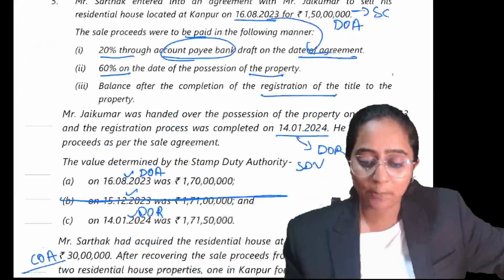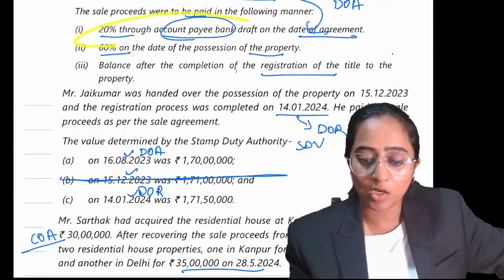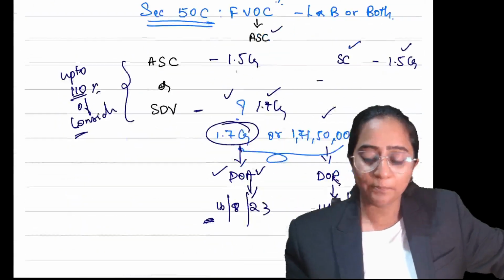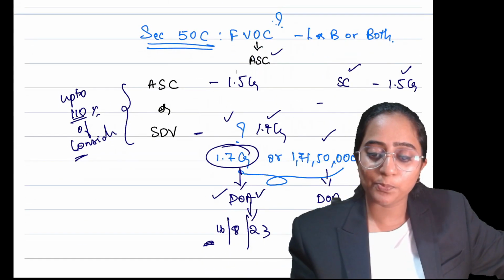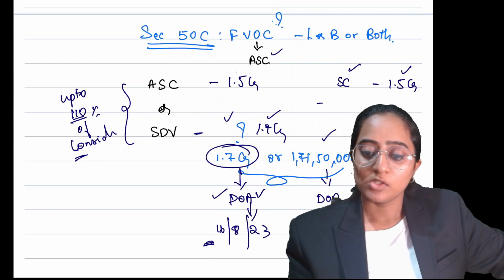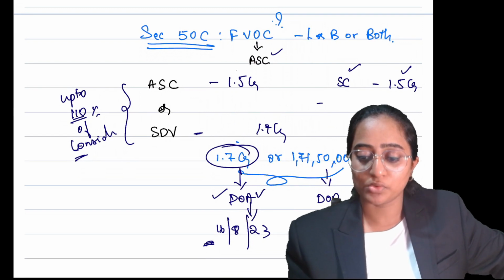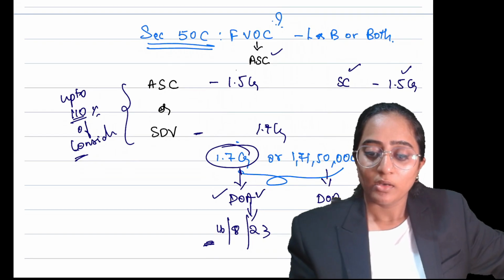People, in this case, what has happened? This fellow paid the 20% advance on the date of agreement through account payee cheque, account payee draft. Clear? So whatever 20% he has paid through account payee cheque or draft is as per the provision. So you are going to consider 1.71 crores. Clear? Now calculate